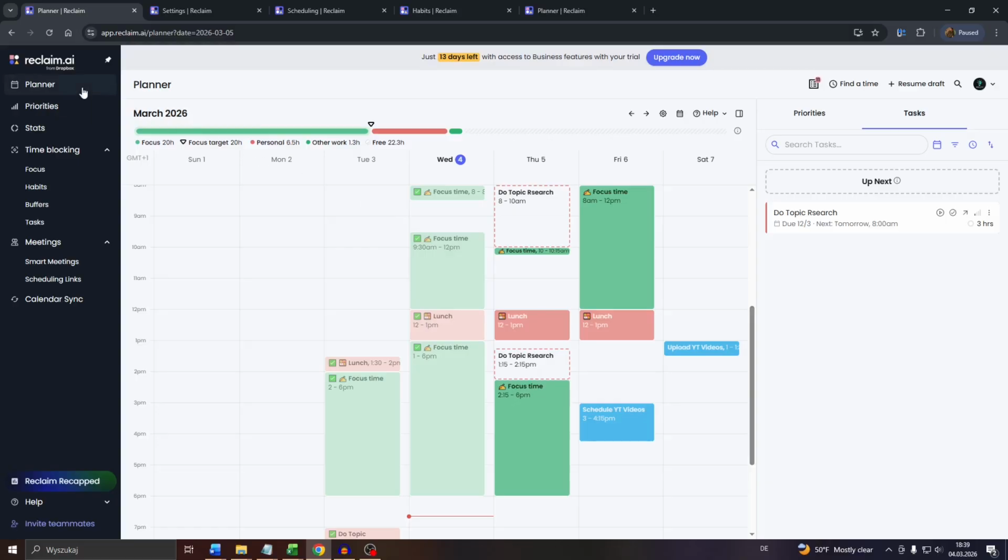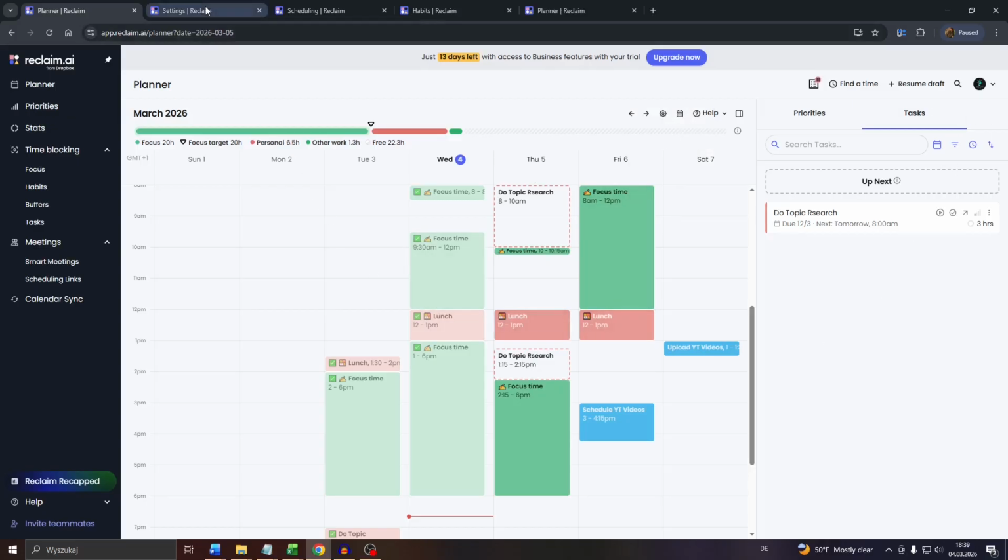Navigate to the calendar on Reclaim AI, and here at the top you will see that gear icon. Click into it, showing you the current start of the weekday, which is Sunday. If you'd like to change that, guys, head over to your profile icon in the top right and select Settings